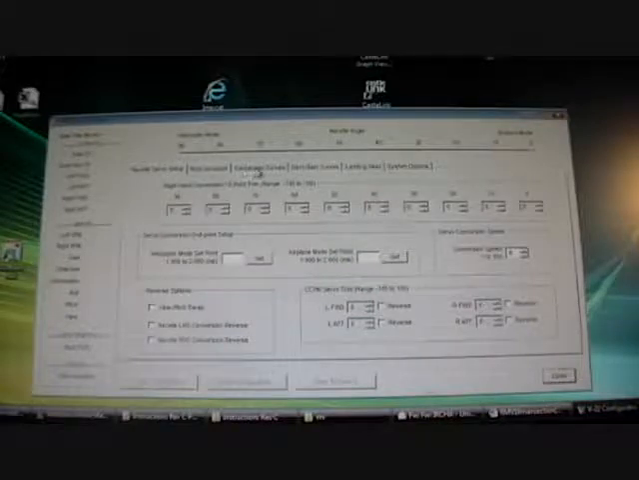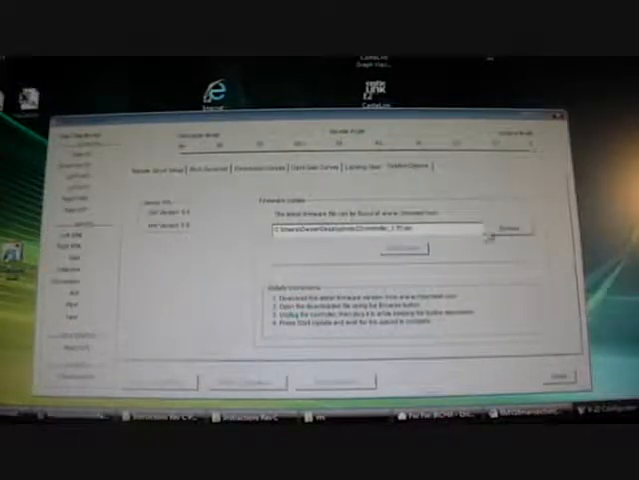And this is what it looks like. We have a nacelle servo setup tab, a pitch governor setup tab, a conversion curve setup tab, a gyro gain curve setup tab, a landing gear tab, and a systems tab. So each one of those are used. Most of this stuff's already set up for you. So the first thing you want to do is go to Systems Options and browse to the latest